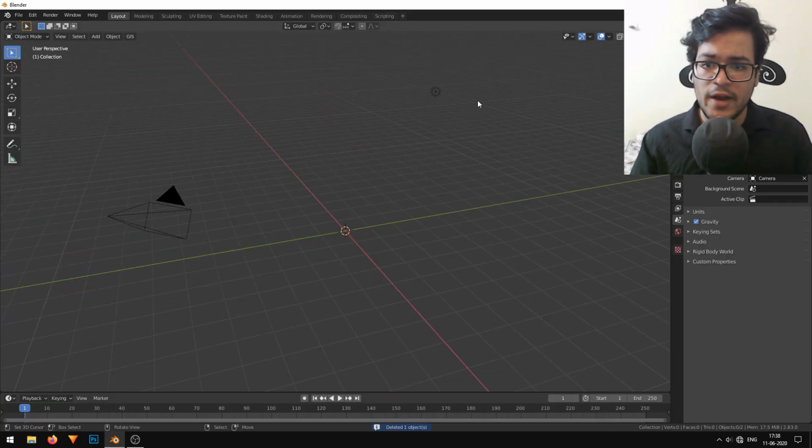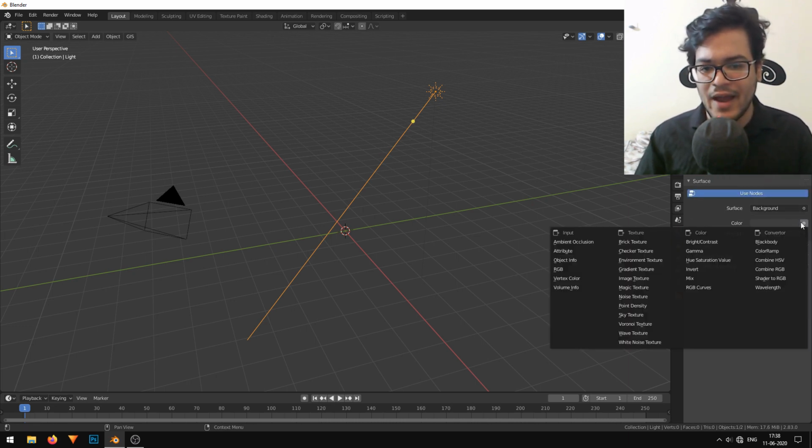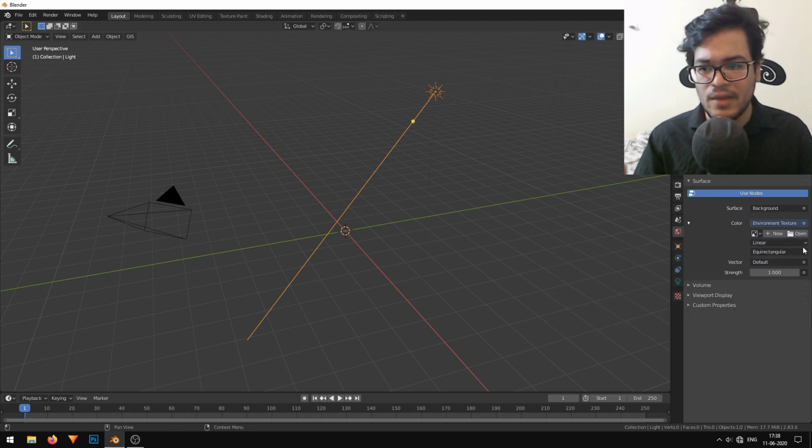Okay, so the first thing that I'll do is I'll select my lamp and go to the lamp settings and change it to a sun lamp. Now I'm just going to make the strength 2. Now I'm just going to go to the world settings and add a basic HDR image